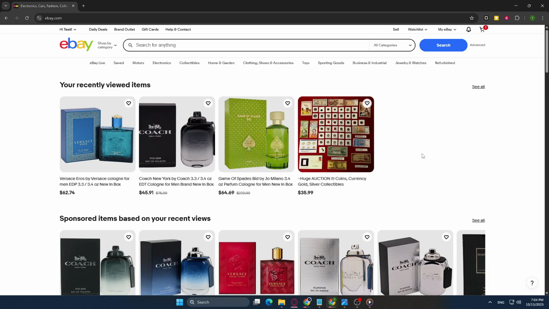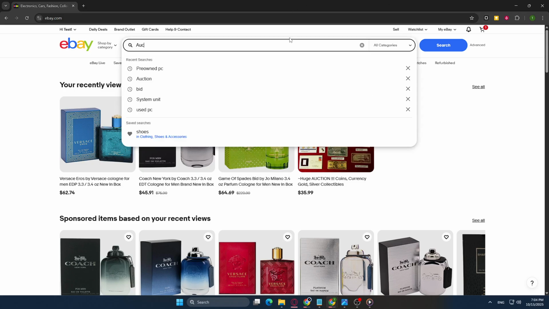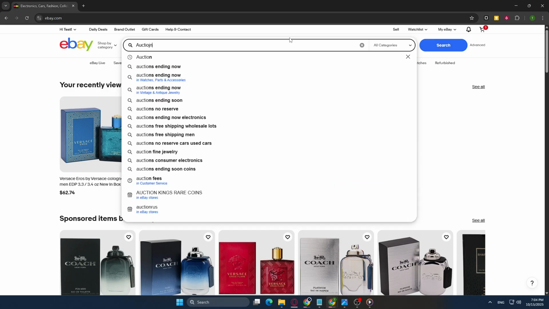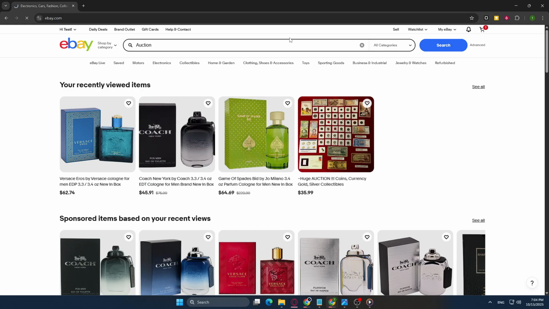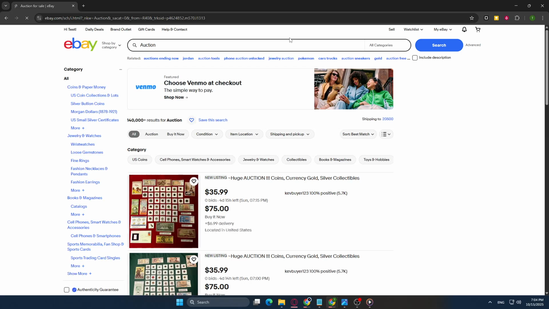In the search bar, type the word auction. This simple action will pull up numerous items currently being auctioned on eBay. The search results, which appear in a list format, represent various items from different sellers. These auction items could range from electronics and collectibles to fashion items and more, depending on what's available at the